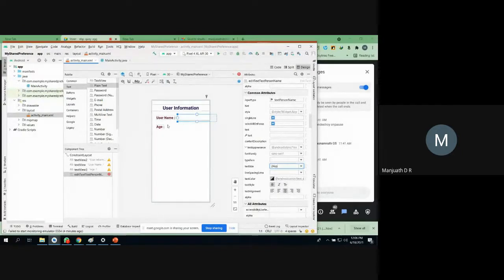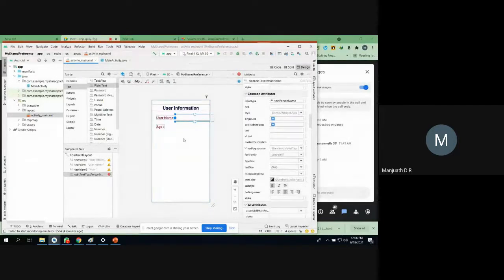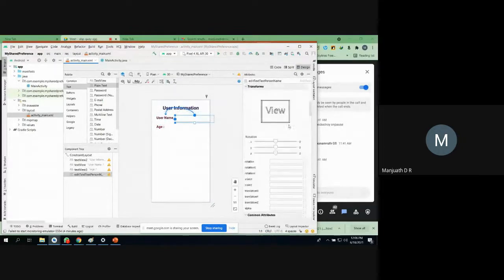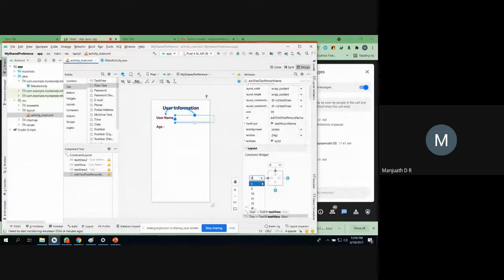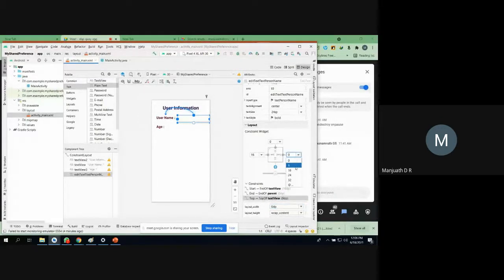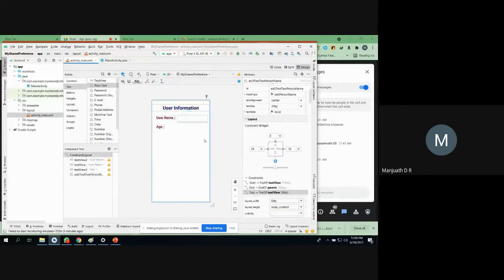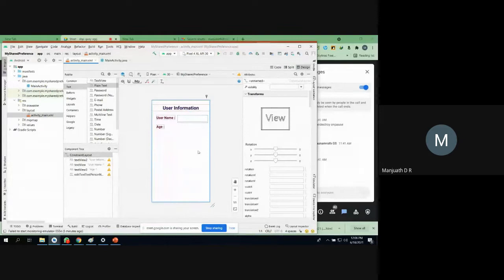First you set the constraint also. The left side should always be set. I'm setting this constraint with respect to the text field username. I'll give the displacement 16, and it should be 0. Since it is going outside of that constraint, better you put match constraint, and here you put some 8 or 16 and use match constraint. Okay, that's fine. So it still remains within the boundary now.